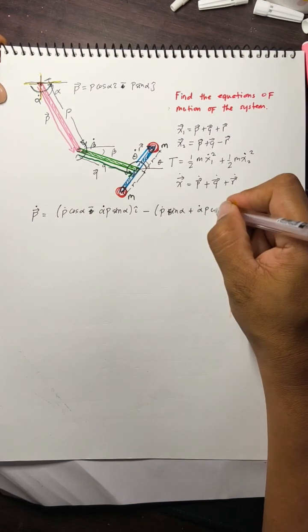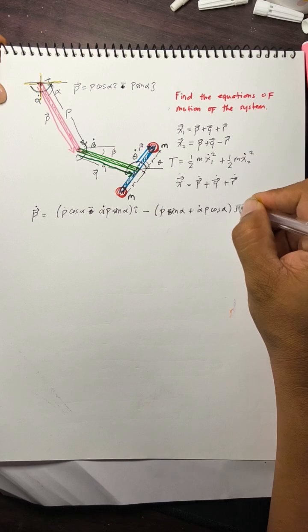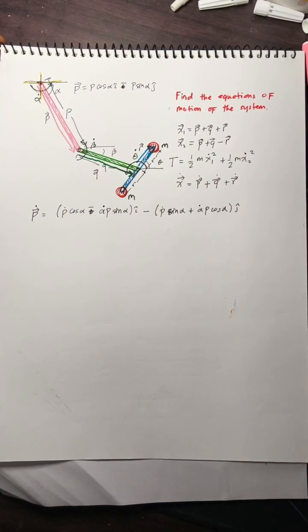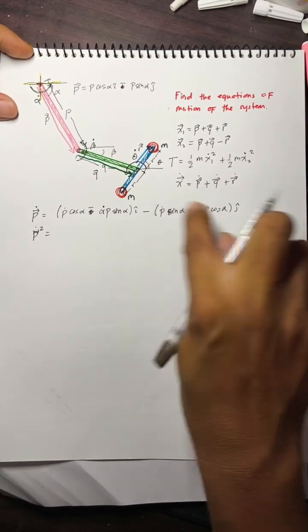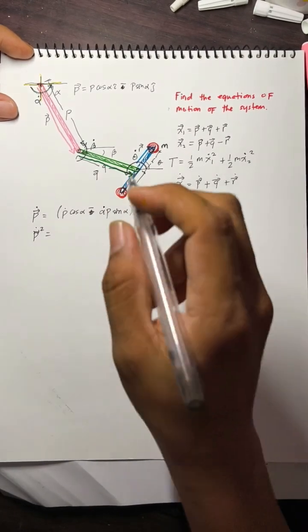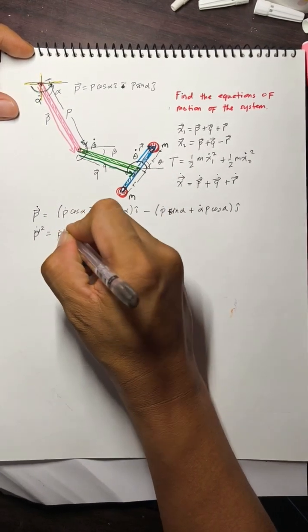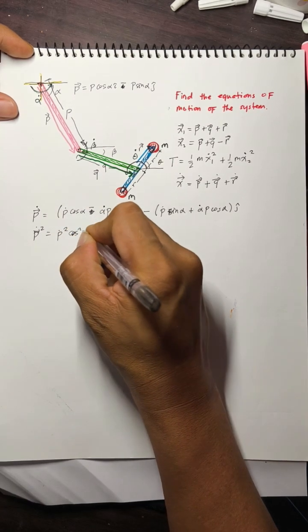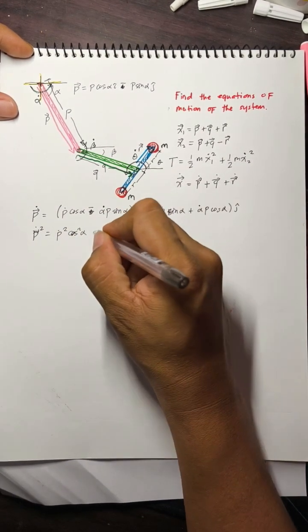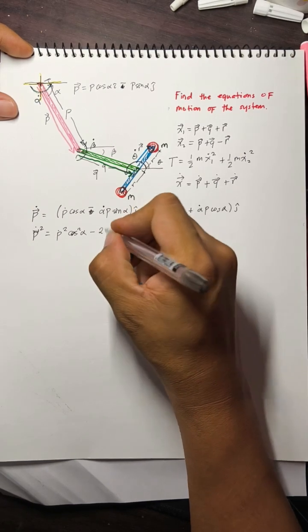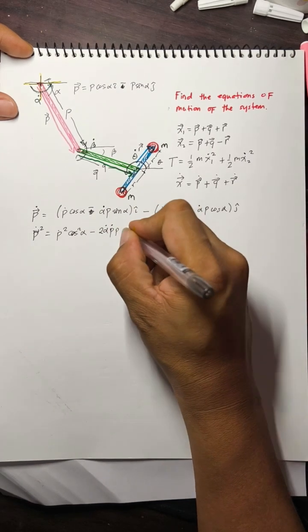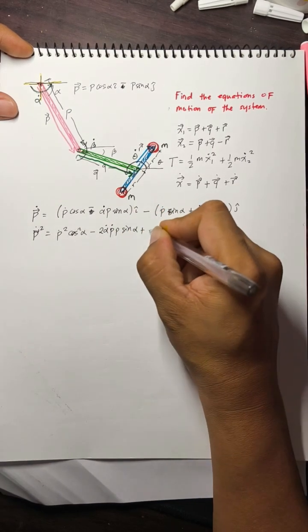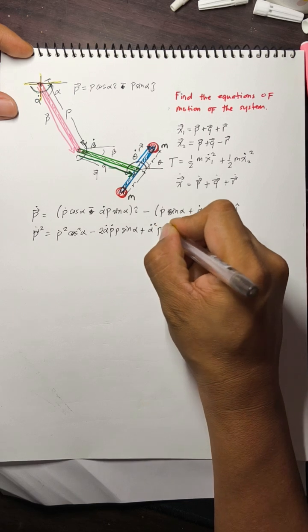Alpha dot cosine of alpha j hat. Okay, so that would be our p dot. So that means that our p dot squared would be equal to, we have to square both components. The square of this one is just equal to p dot squared cosine squared alpha, and this is minus 2 alpha dot p dot p sine alpha plus alpha dot squared p squared